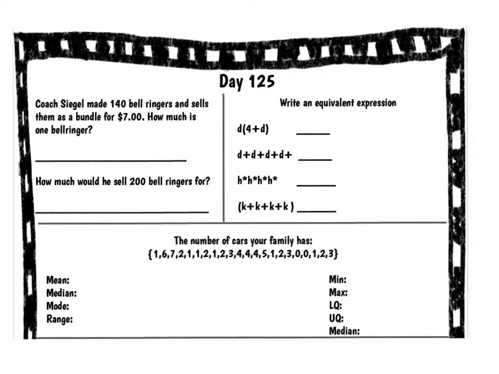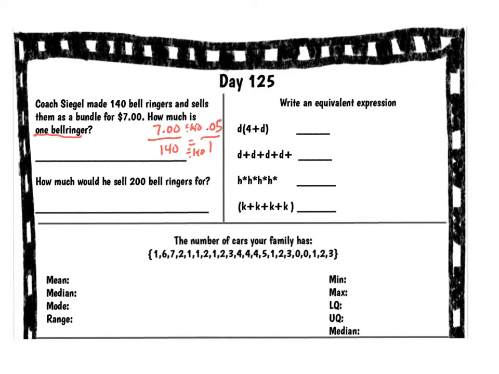So you have 140 Bellringers and sell them as a bundle for $7. How much is one Bellringer? Remember, one Bellringer is a unit rate, which means per one unit. So money always goes on top. You want to put the $7 on top and the 140 goes to 1. How do I go from 140 to 1? You divide by 140. Make sure the $7 goes inside the house, and that gives you